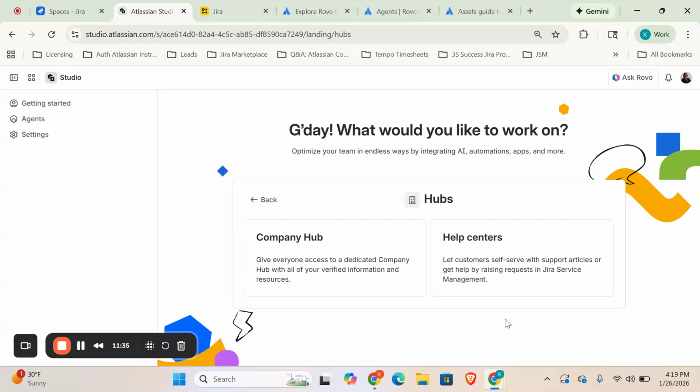Again, a lot of organizations that do use the Atlassian product suite have already set up help centers through Confluence. So again, it'll be interesting to see if they actually take the time to go through and migrate this over to help centers. The other aspect that I'm thinking of is with Jira Service Management, you are allowed to share specific individual knowledge bases with specific customer portals through a very specific space within a Jira Service Management